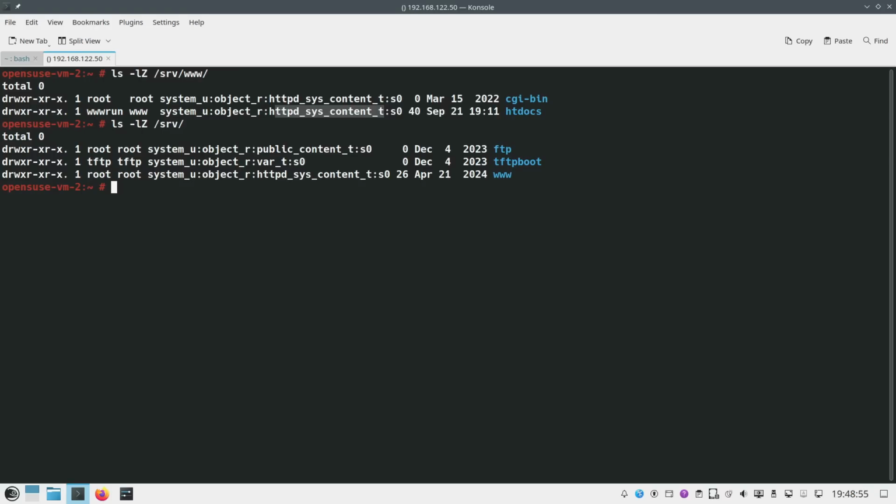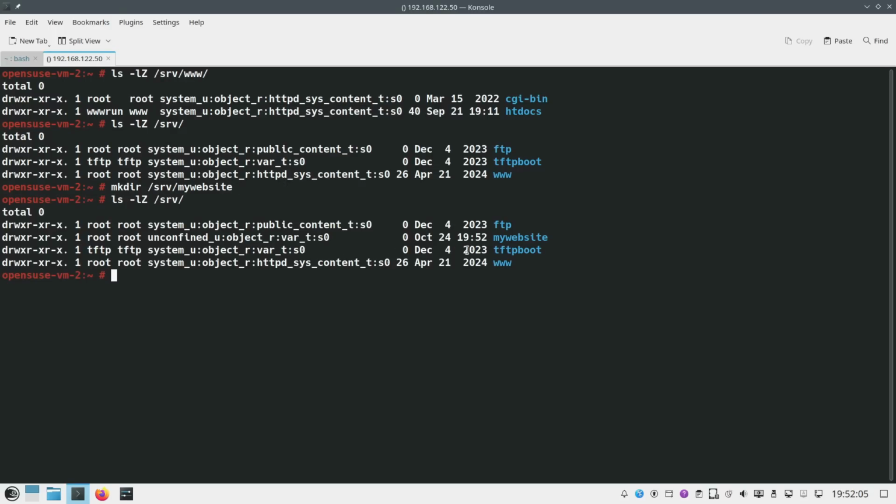So let's say your web server will be running from this one, like we can create, okay, mywebsite, and we press enter. So if we look here, the folder is not taking the